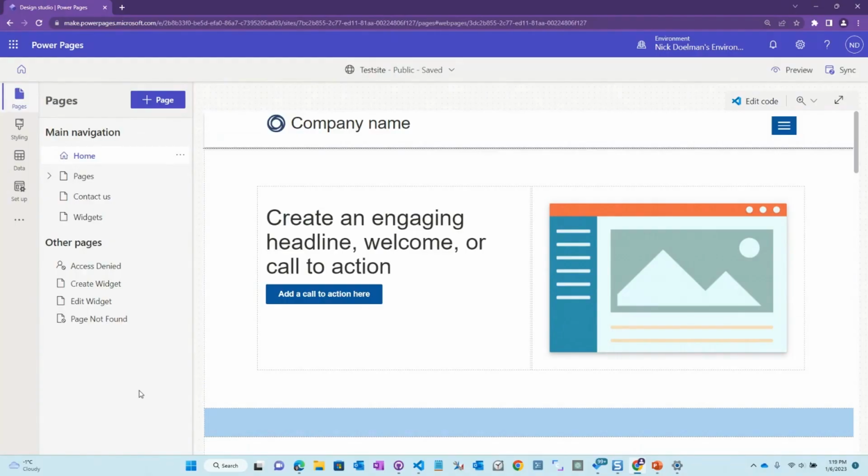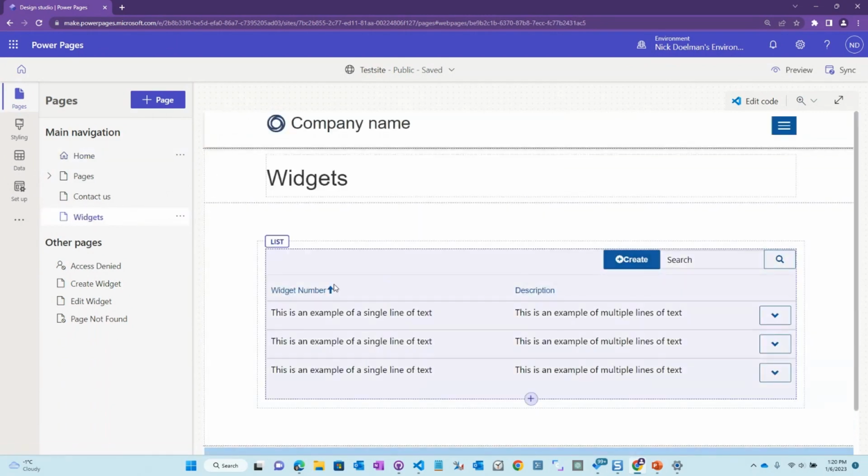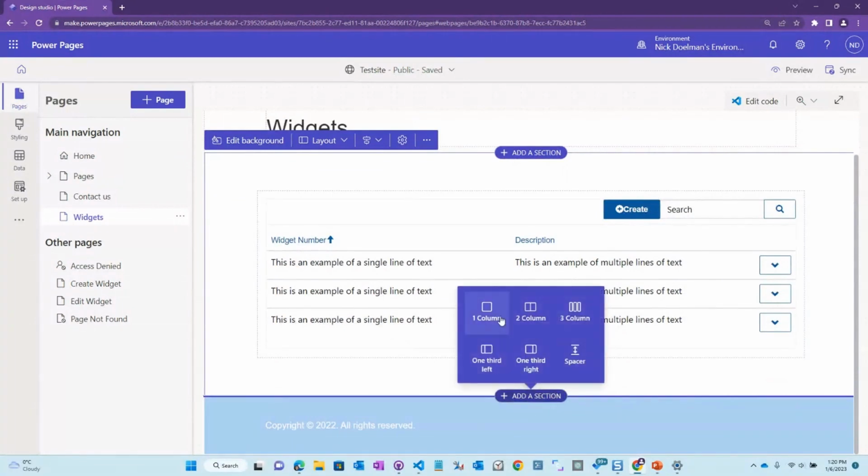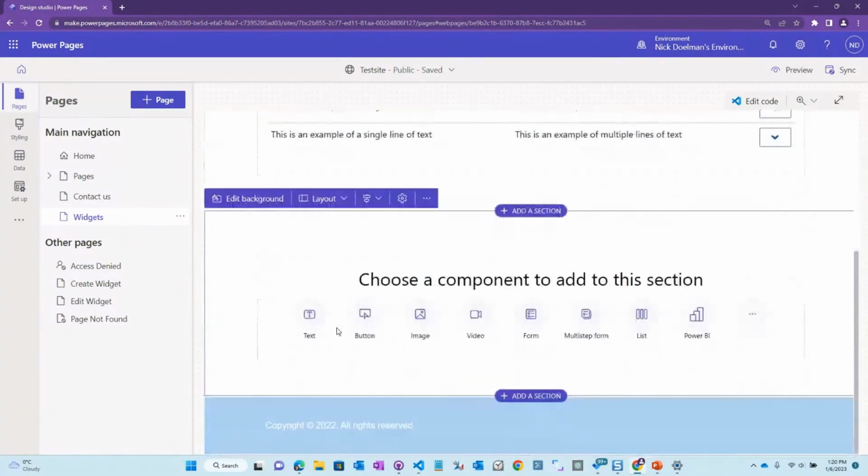All right. So this is actually what we call the design studio for Power Pages. And as I mentioned earlier, this is where our makers can go in and begin to add pages and design pages. And here I've created, like I mentioned earlier, a web page called widgets, and I've added some controls here. This is a list component. I can add other components, just add a section here. Again, I don't want to spend a ton of time on this because we want to see the cool stuff, but I can add components like a form or a list or a multi-step form. And this is how a maker can connect to Dataverse.